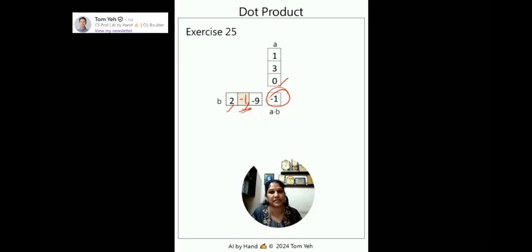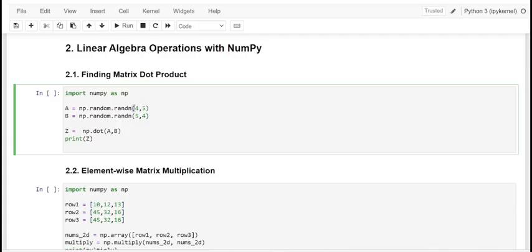And let me just apply this dot product using Python in a varied manner. See here, these are the rows and columns of the matrix A, and we are randomly creating some matrix of 4 into 5, and of course it is 4 rows and 5 columns.